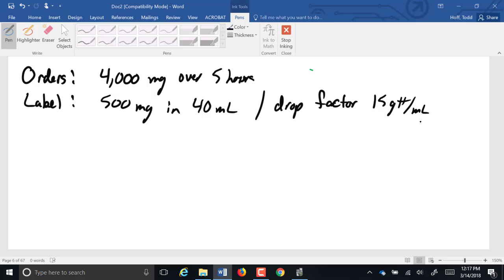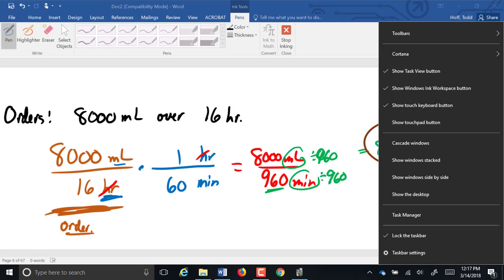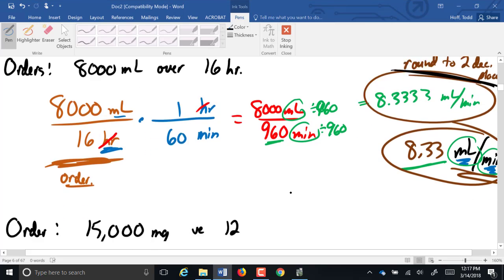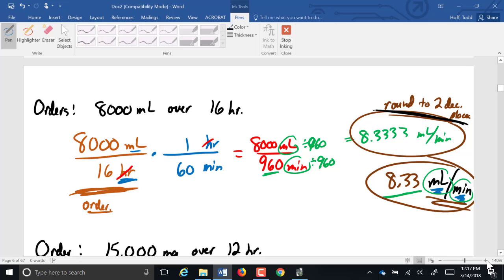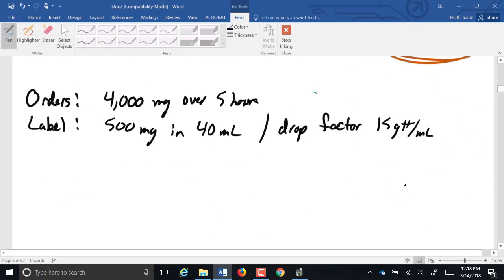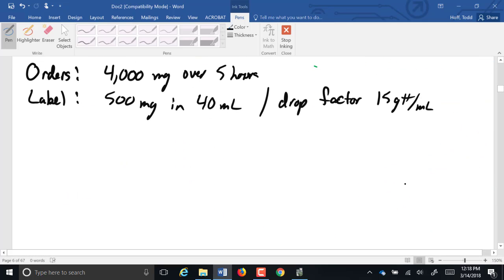So this is a fluid that's slightly thinner than water because it takes a few more drops to create 1 milliliter of fluid. And we are going to be asking now in this case for our result, for our dosage to be given